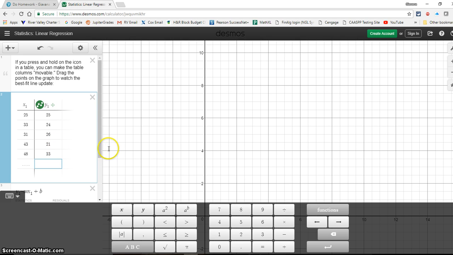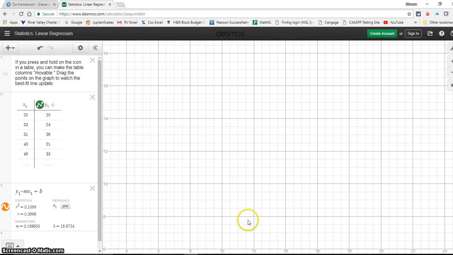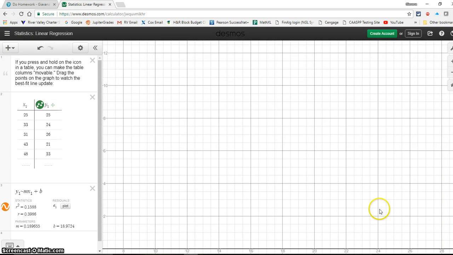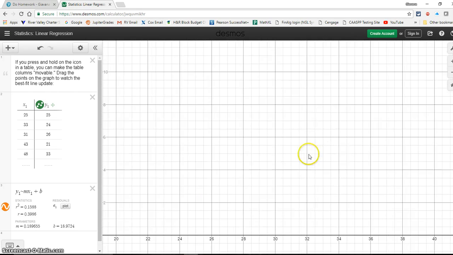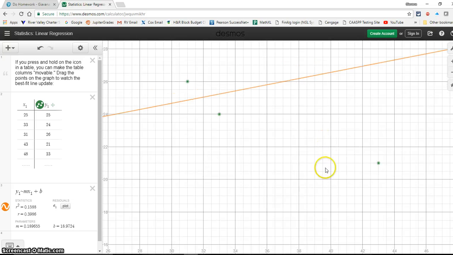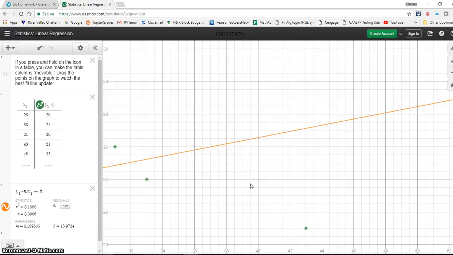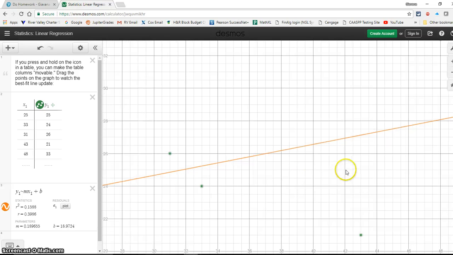Okay. And then when I scroll down, do you notice I don't see my graph on here? That's because these points are far away from here. So if I click over here in this area, let me go back here. I need to go way over here to 25 and go up to about 25. So I'm going to move my screen over like this, and I'm going to scroll up, and there you can see my points, or at least some of them. I've got more of them out there. 48 was 33, so it was like up here somewhere. See that point? Boom, there it is. So you may or may not see your data. You might have to scroll over here to do so,